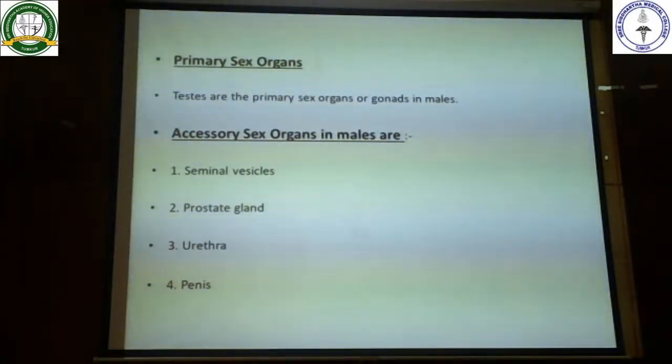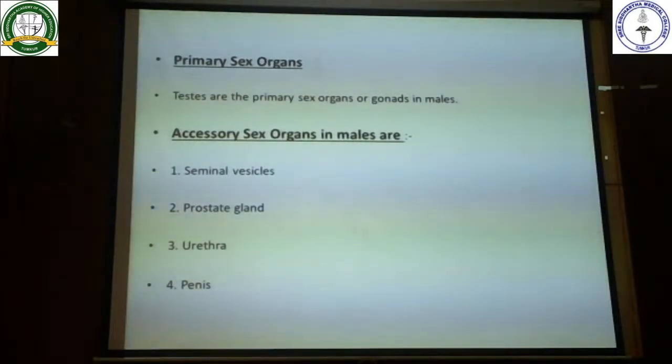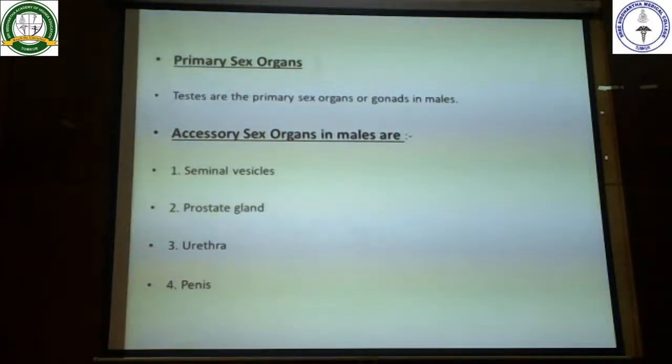So by this you have come to know that the male reproductive system is divided into two things. One is the primary sex organs, which includes a pair of testes, and then you have the accessory sex organs, which include the seminal vesicles, the prostate gland, the urethra and the penis. Moving ahead,